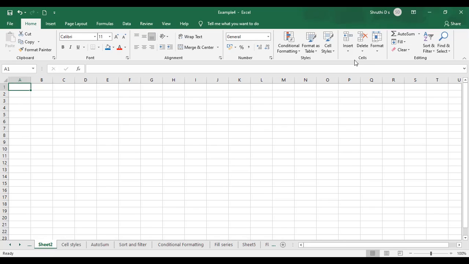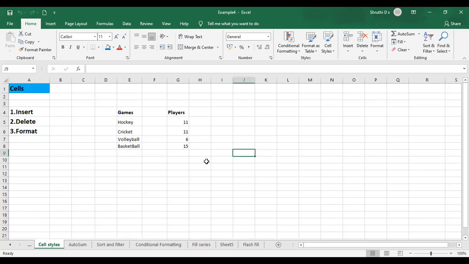From the current sheet, the new sheet will be added before it. If I don't want that, just select the delete sheet option.